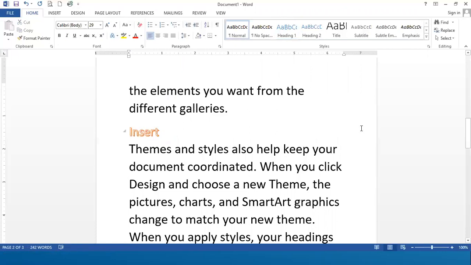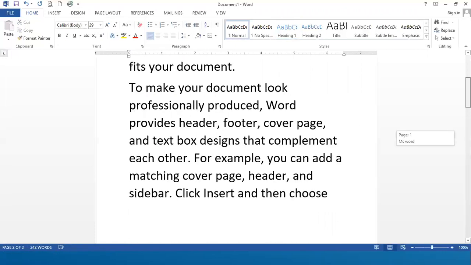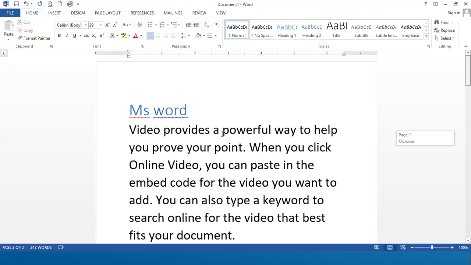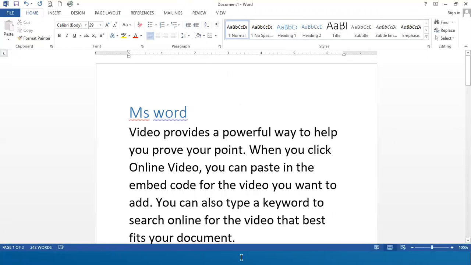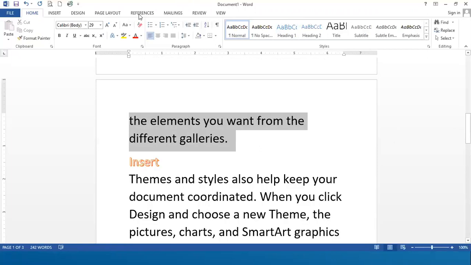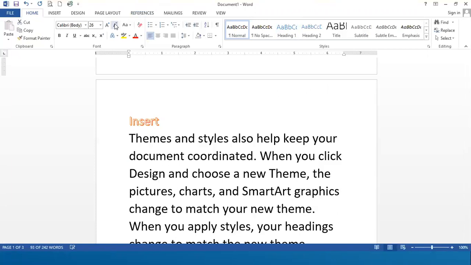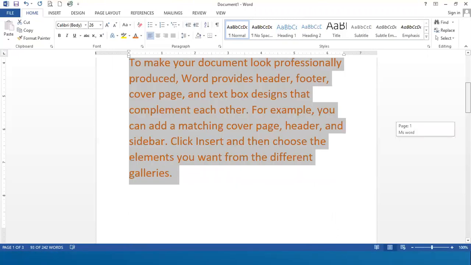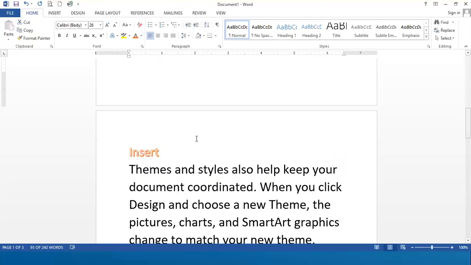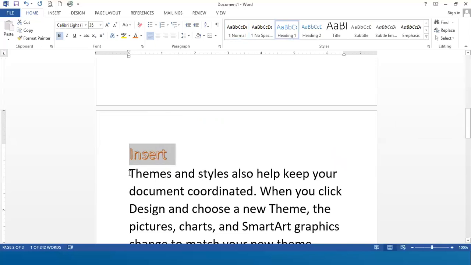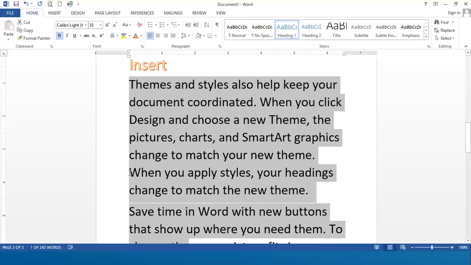Fine. For example, I have two headings in my document and I wanted to change the color of this text. Right now I'm decreasing the font size and applying a different kind of color on them. On this I also wanted to apply some color, the text under this heading.